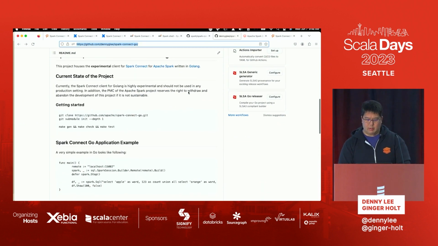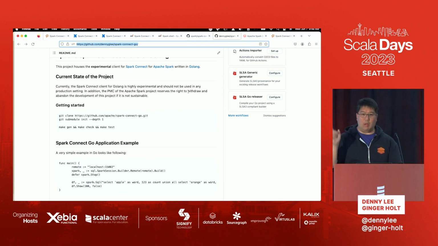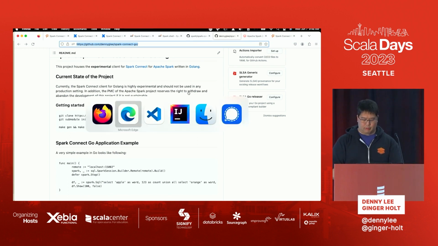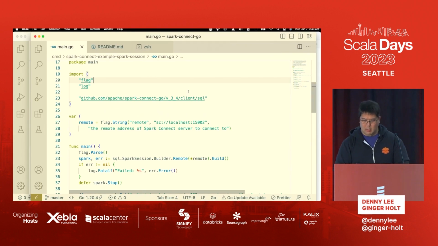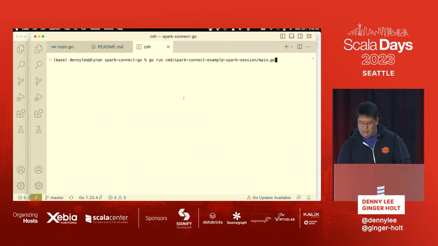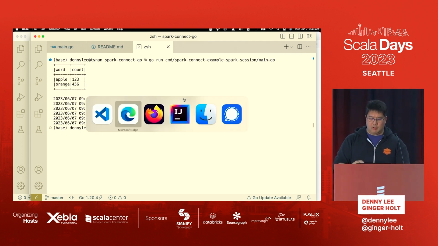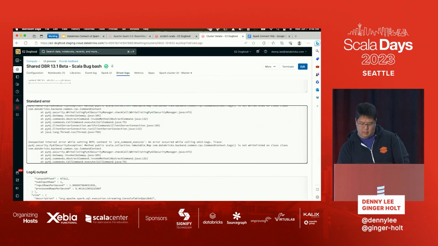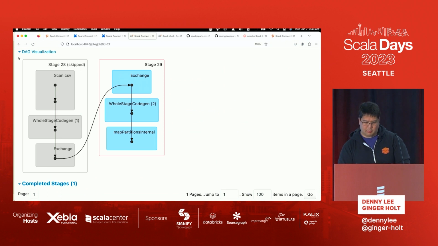So basically, you can play with it right here. I'm going back to my local instance to show it. You can run this demo, and it's obviously super fast because these are quick demos. But the point is that now I'm using Go to connect to my Spark Connect instance.